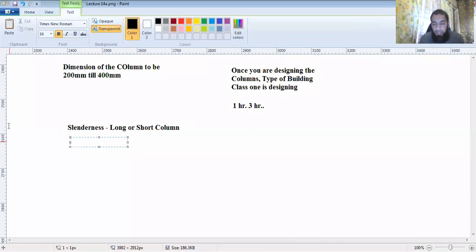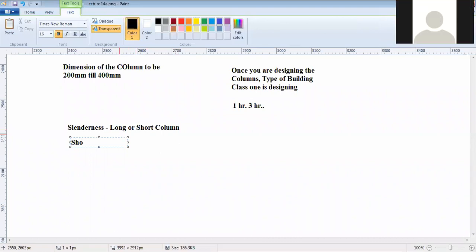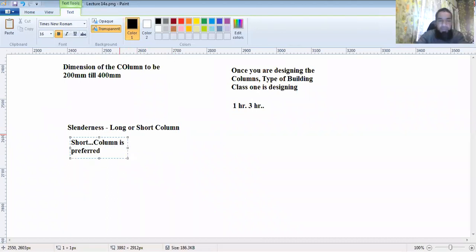I discussed this last time. What do we prefer? Do we prefer a long or a short column? Yes, short, sir. A short column. We prefer a short column. And why is it preferred? It's preferred because we do not want the column to buckle. We want it to undergo a ductile mode of failure, wherein you have the longitudinal bars and the rings acting such that it's collapsing in a ductile mode and it's not buckling. We do not want that to be the predominant mode of failure.